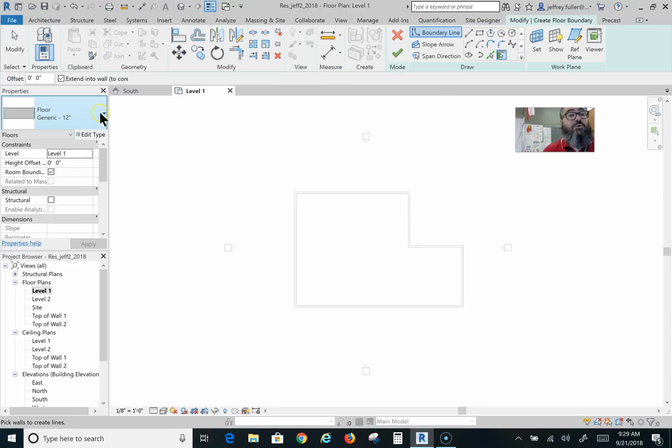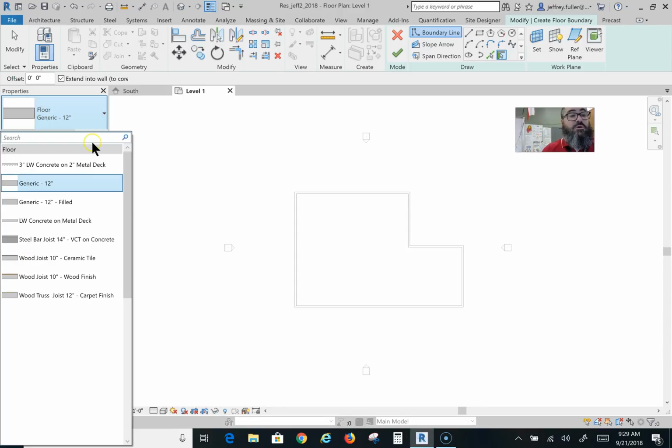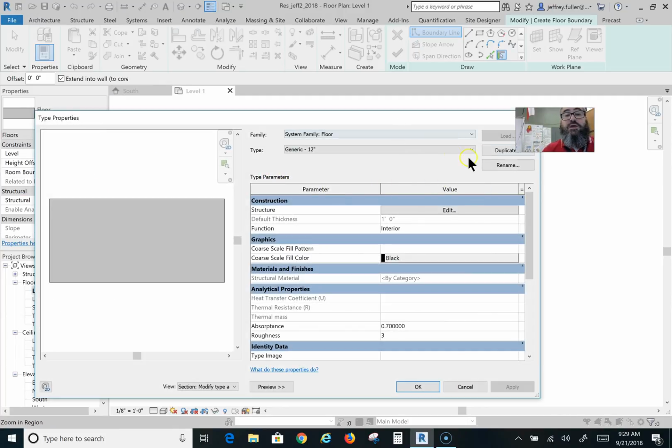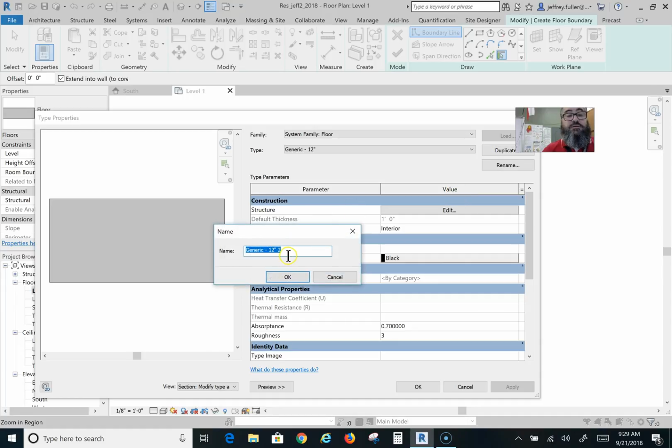So I click on floor, and of course the floor I want to use is not in here. A lot of these are commercial floors. There's one floor we're going to use between the first and second floor, but I'm going to choose this one to use as my template, generic 12-inch. And I'm going to go in here and duplicate it, and I'm going to call it 6-inch